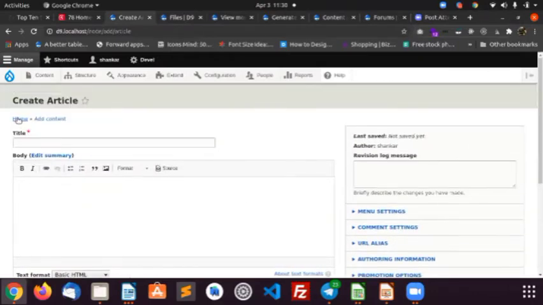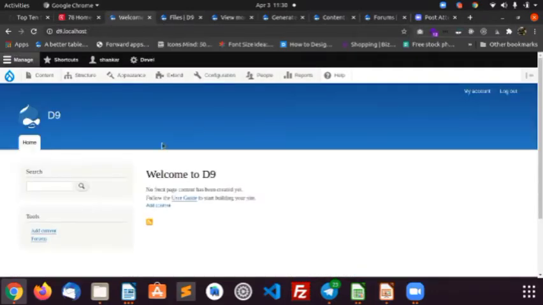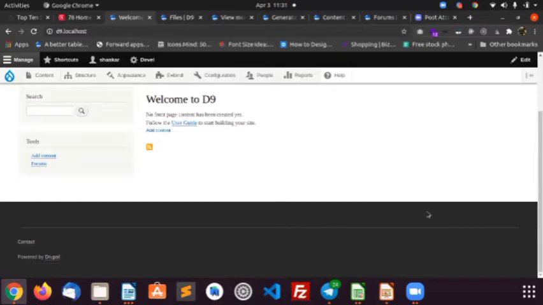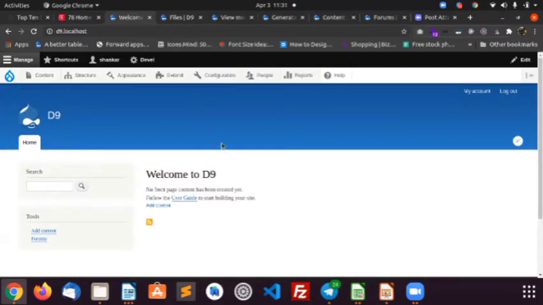Let me navigate to the home page, because I need to explain about the blocks. You'll be able to see this page. We have a header part, a menu part, a logo part, a user menu, and the sidebar. In the sidebar we have search and the tools, and this is the main content and title part. Below we have a footer and Powered by Drupal. So these pages are building blocks wired together. That way we build the page. That is what we are going to see in this block layout page.